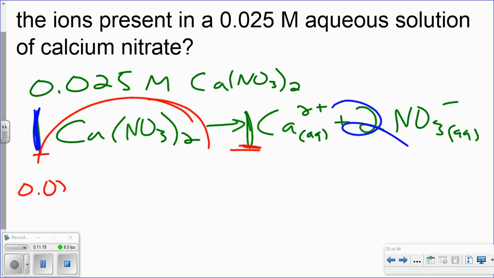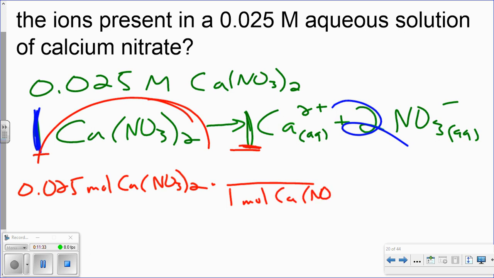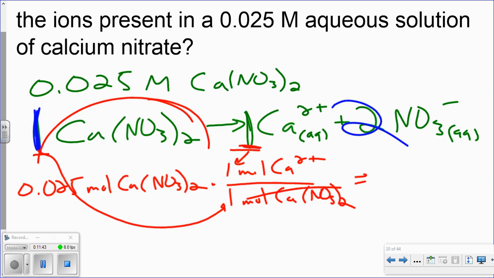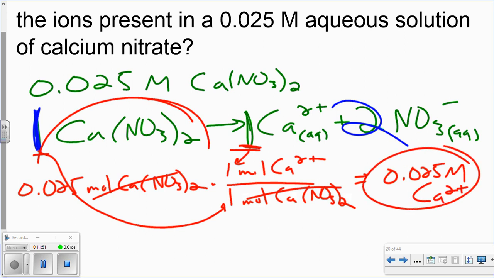I have 0.0250 moles of calcium nitrate, and I use a mole ratio. 1 mole of calcium nitrate, according to my balanced dissociation equation, that's the one I'm using right there, to 1 mole of calcium ions will give me the exact same amount. That's one answer. It says calculate both ions present. Okay? Now,